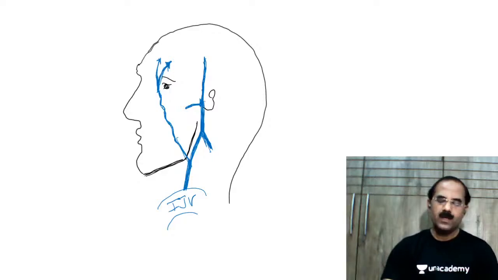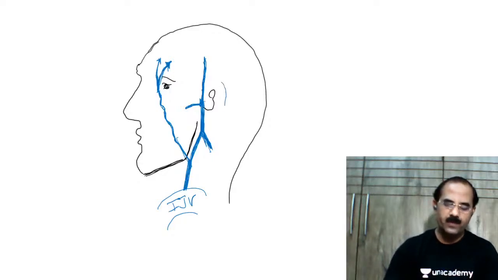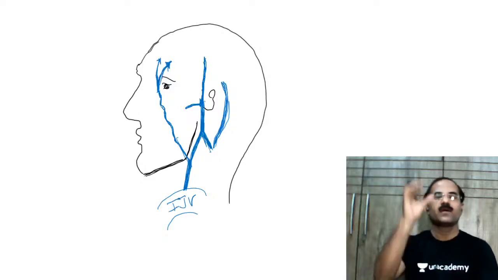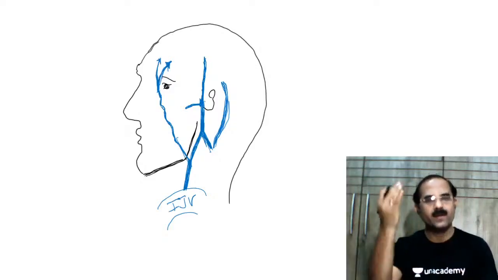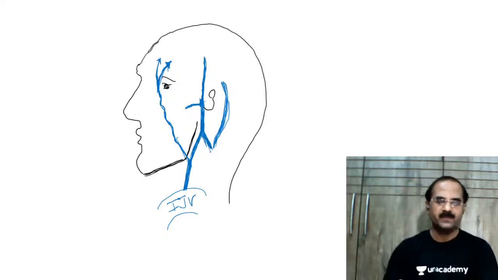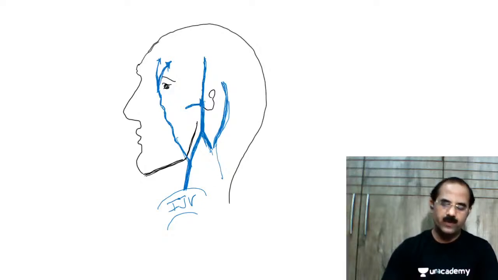Internal jugular. Now this is the posterior division of retromandibular, and there's a vein coming from behind the ear. What is this vein coming from behind the ear known as? The posterior auricular vein, and the posterior auricular vein joins with the posterior division of retromandibular vein,